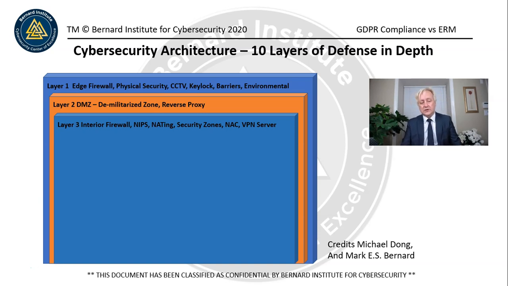We have security zones set up here, so we try to segregate different parts of the organization. So we have built another layer between this firewall, the other firewall, the DMZ, and then we have another sort of a subnetwork, if you like, or a zone. We call it a security zone.